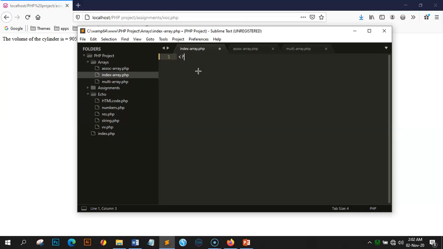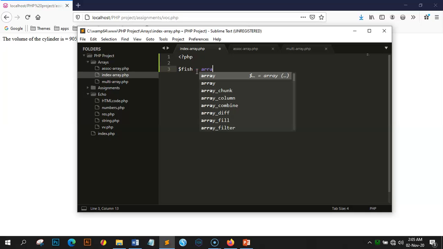Let's open up our PHP tag. Okay, so now let's assume we have these different types of fish called tilapia, catfish, titus, and mackerel. Now, to make an array of this list, we'll simply use a single variable called fish. That is, fish equals array, in parentheses,